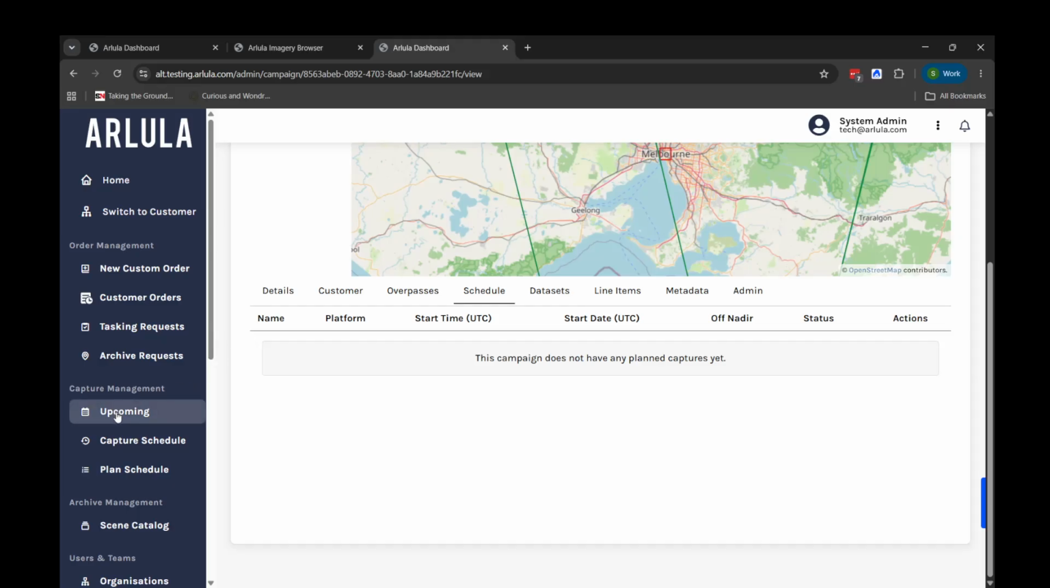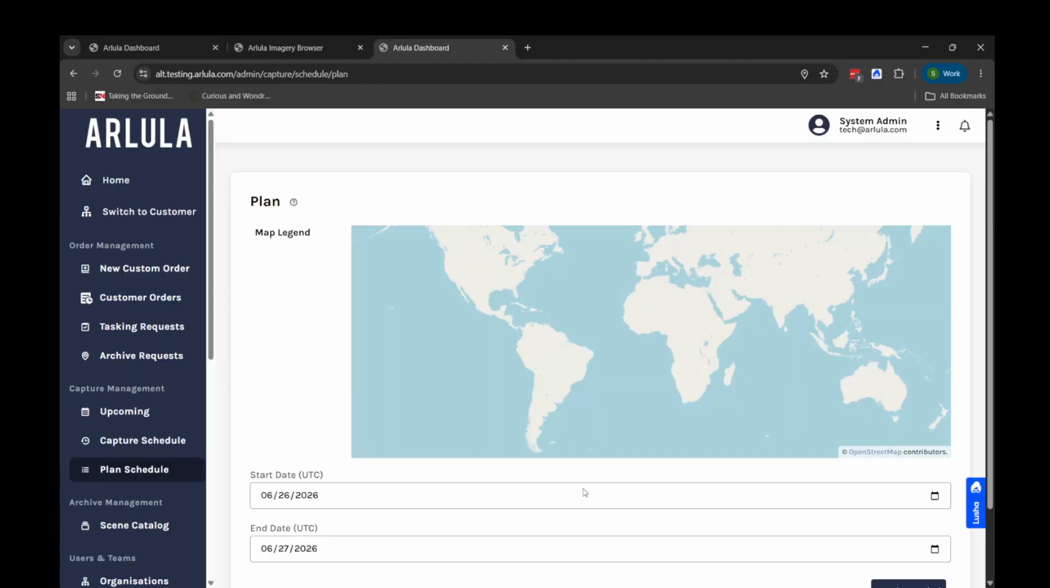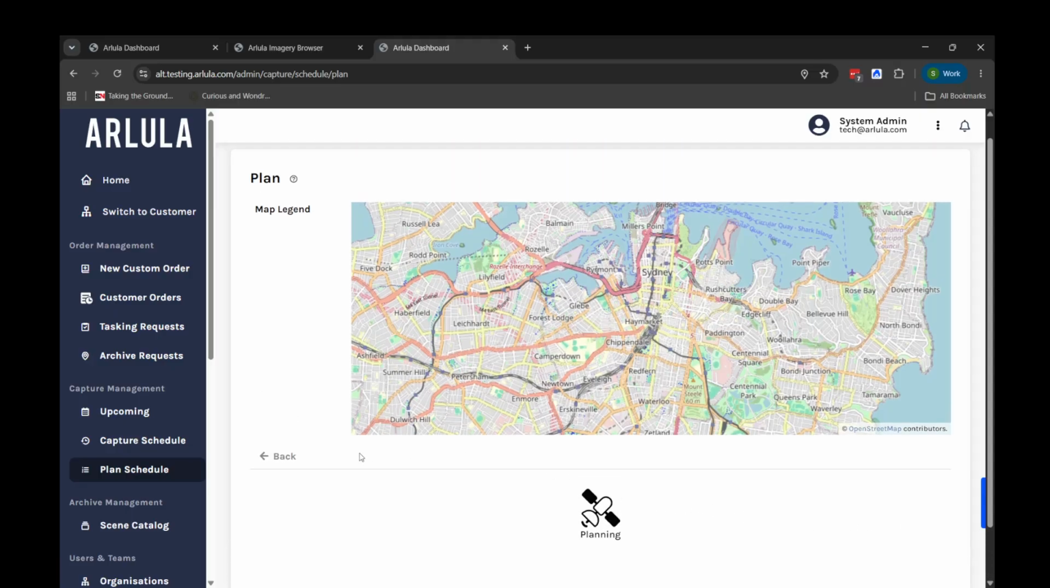Now, let's go and look at some of the core features for Constellation orchestration. If I move to capture management, you can see upcoming, capture schedule, and plan schedule. Because we've got a lot of incoming orders now for tasking requests, let's go to plan schedule. Now, it's important to note here that Constellation orchestration is a machine learning algorithm that can automatically generate capture schedules for your constellation. It takes in all of the tasking requests coming in from customers for that day, scheduled to be captured that day, and it runs through hundreds of thousands of permutations to generate a highly optimized capture schedule